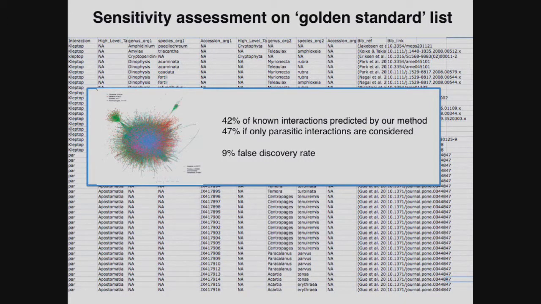What I think is even more important, we try to also assess the false discovery rate. So how many things do we over-predict? Right? And that turned out to be very low. And the reason for that is because we're being extremely strict in our parameters. We use extremely low p-values. We do hundreds of different types of tests to cut down the noise, because to over-predict